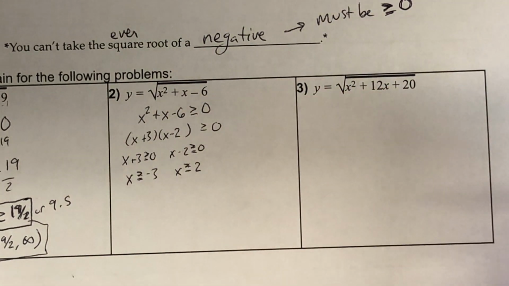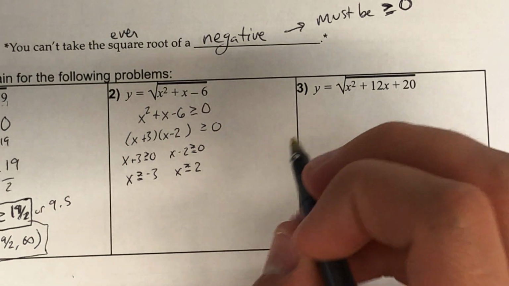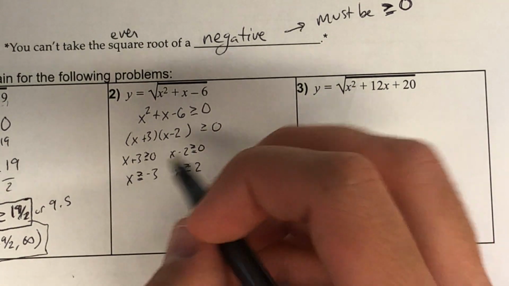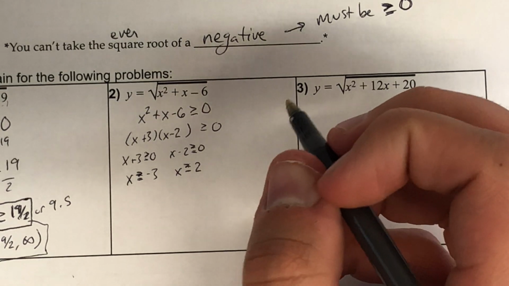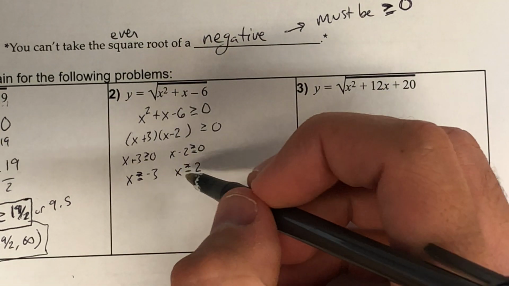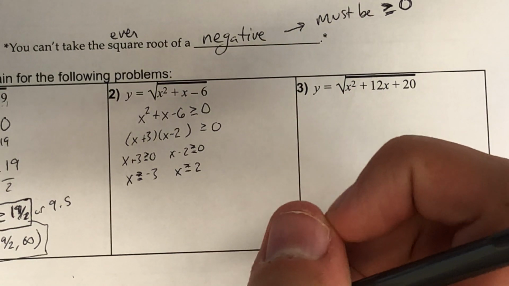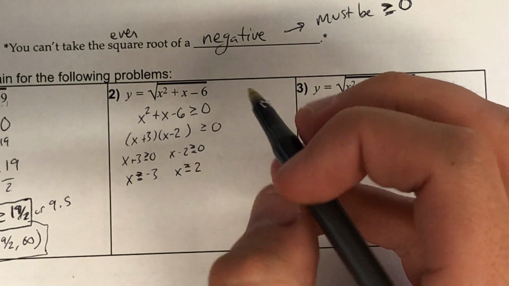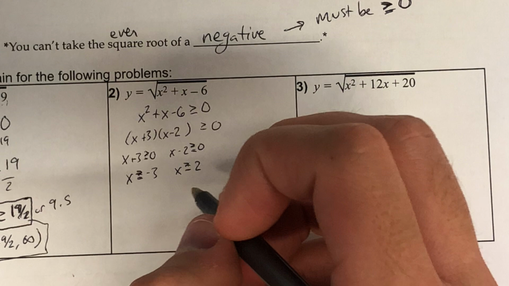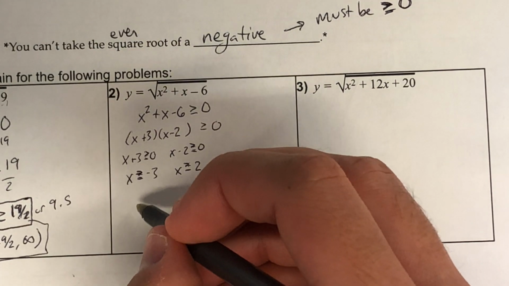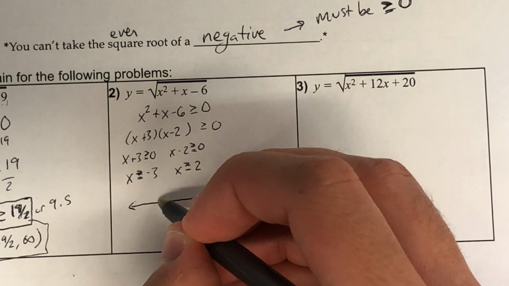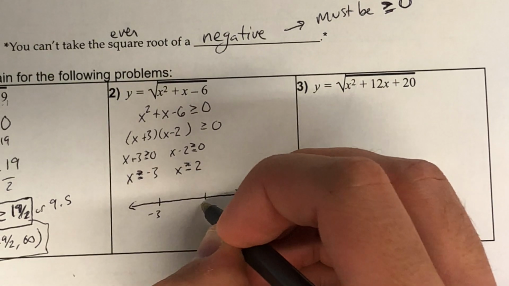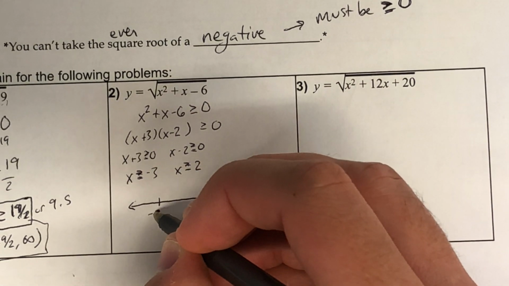But whenever you have more than one value, you have to check using a number line to determine your actual domain, because things get a little funky with these values. So what we need to do is consider these two values that we came up with, -3 and 2. And we're going to check